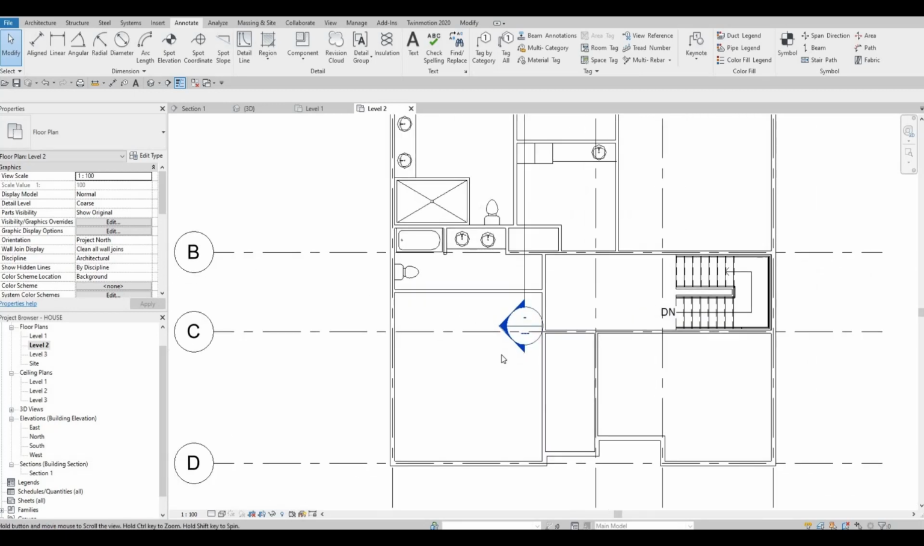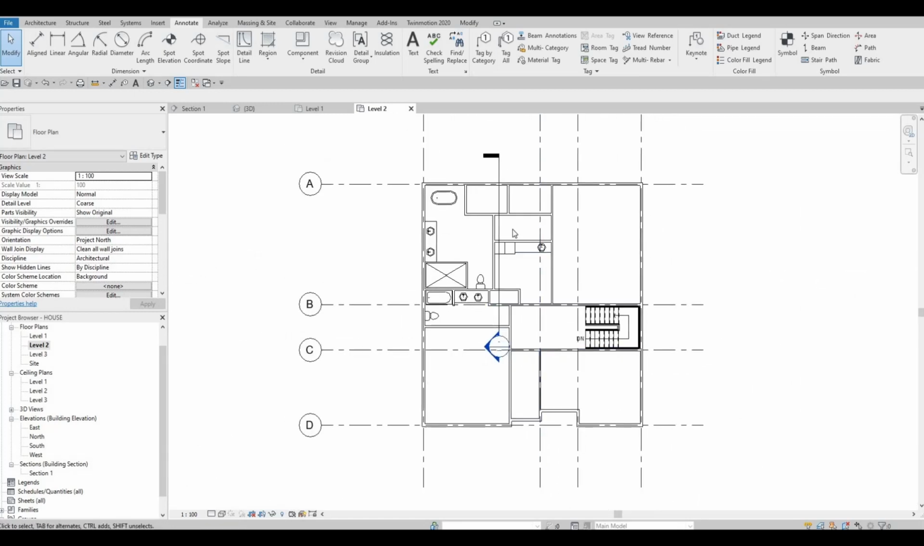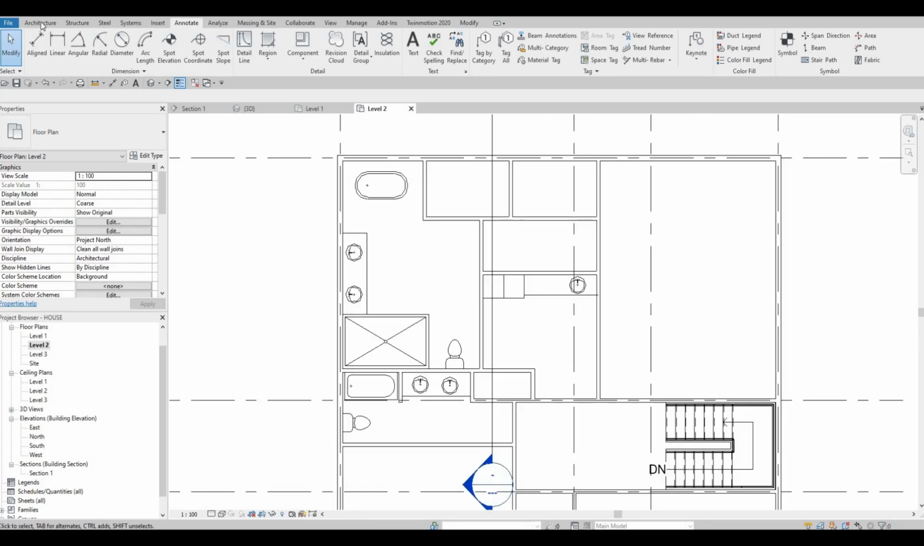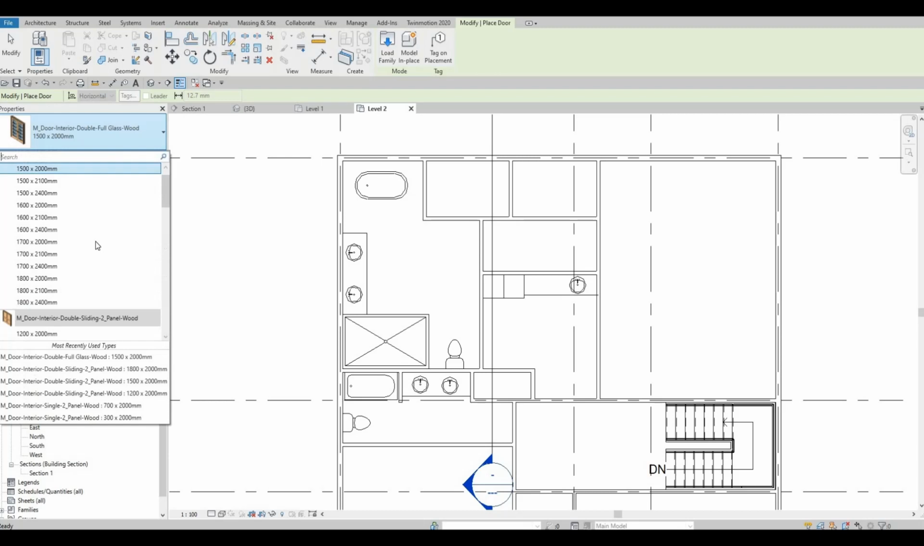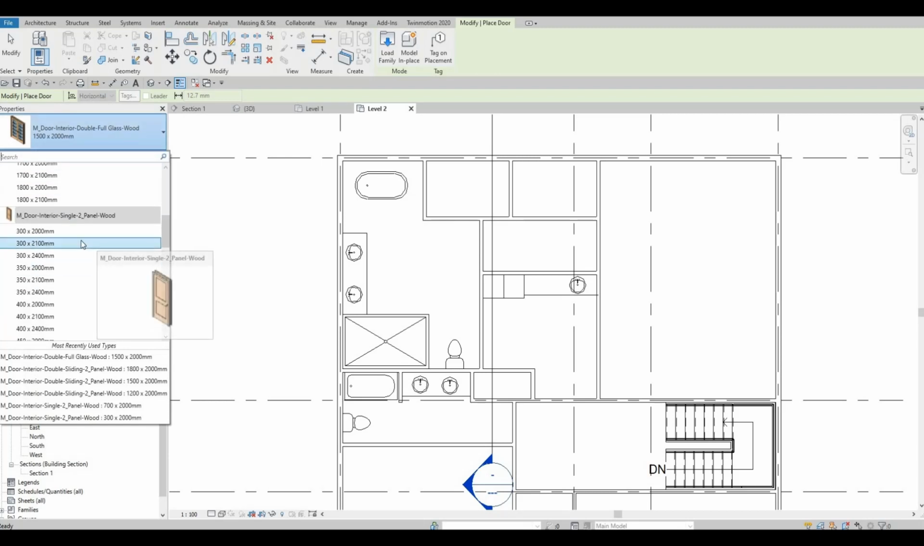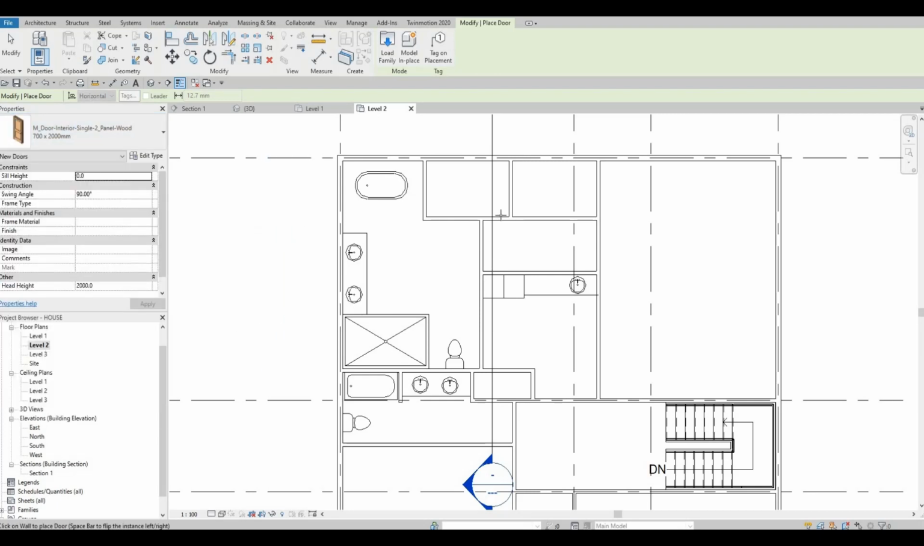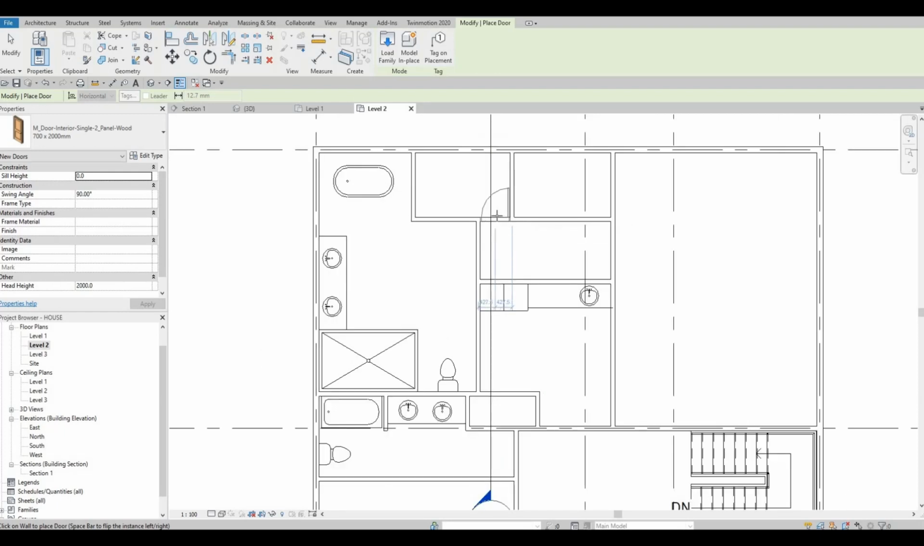So after that, I believe it's better if I show where the door is. So what I'm gonna do is I'm gonna click the door and I'm gonna add the two panel, and I believe I added the 700 by 2000. So I'm gonna use that. I'm gonna add this one right here for now,